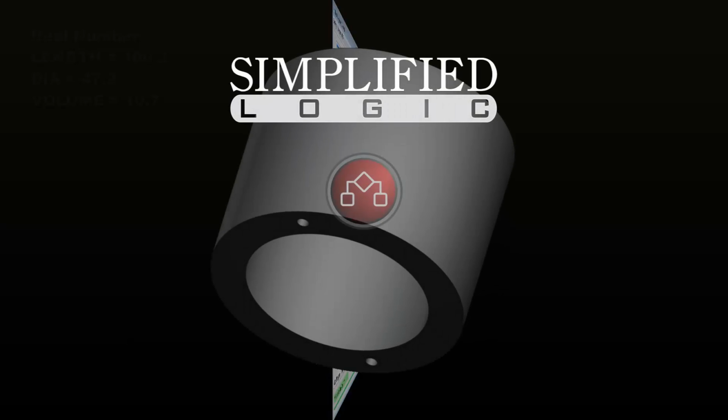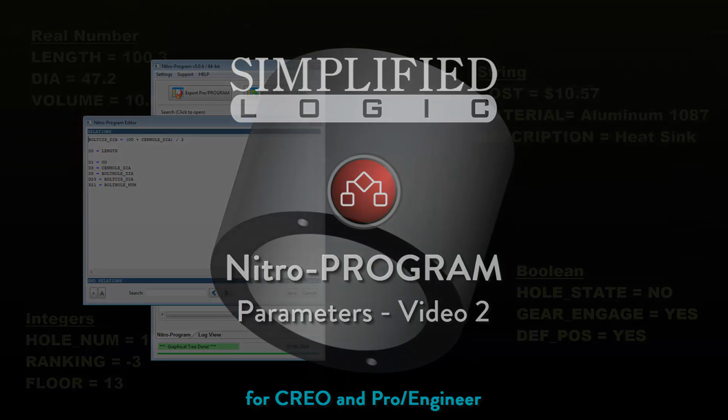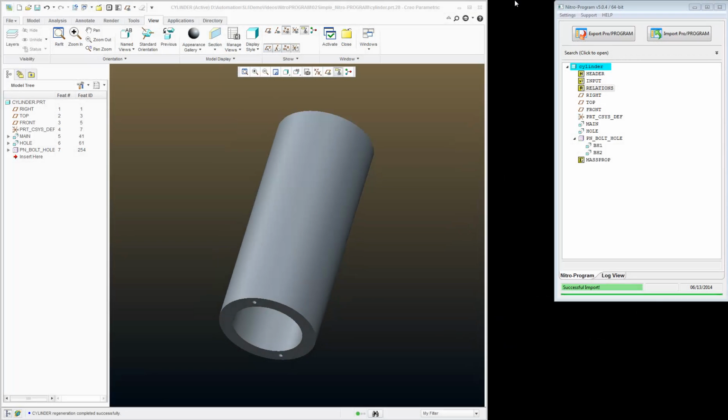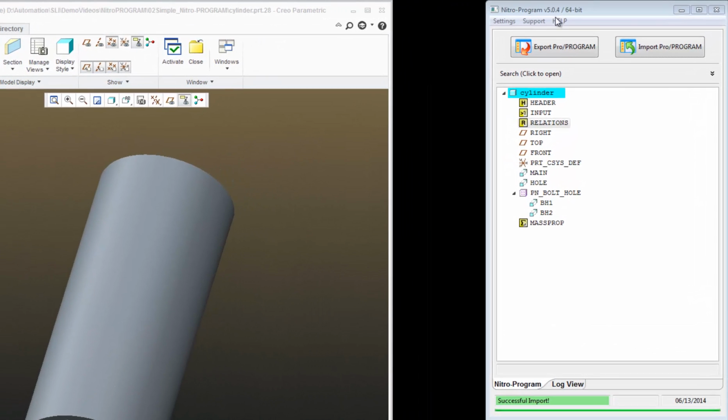Welcome to the Simplified Logic tutorial on Nitro-PROGRAM and working with parameters. Okay, let's continue creating the rest of our parameters using Nitro-PROGRAM. I'm going to click Export Program in Nitro-PROGRAM,